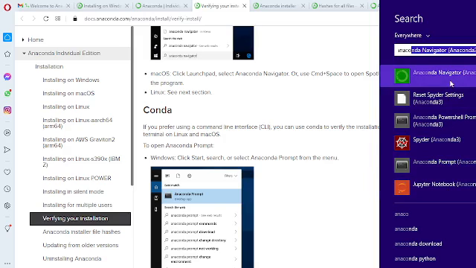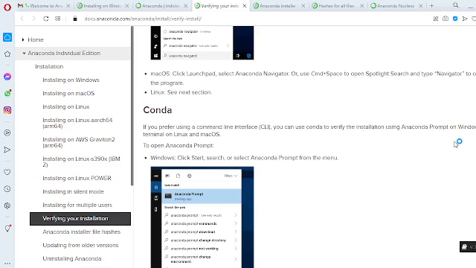Spyder is important for data science and machine learning applications. For Python for data science, we are going to use Spyder. To launch Spyder, it will take 5 to 10 minutes depending upon your system configuration, whether it is 8 GB RAM or 4 GB RAM, SSD hard disk or ordinary hard disk.